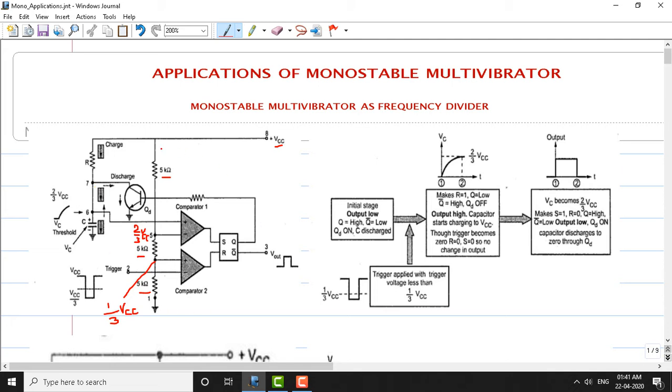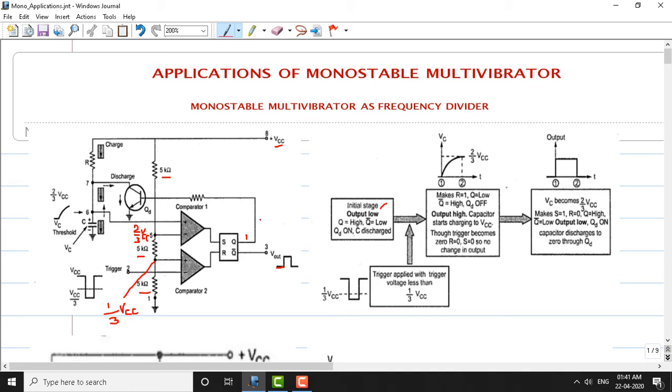So now let us try to understand the working principle of this monostable multivibrator. In order to simplify the working, we can go through this block diagram. In the initial stage, we are going to set the output low. This is how we commence to understand this operation. When Q bar is low, Q remains at 1. So Q is high, Q bar is low. Initially we assume this condition.